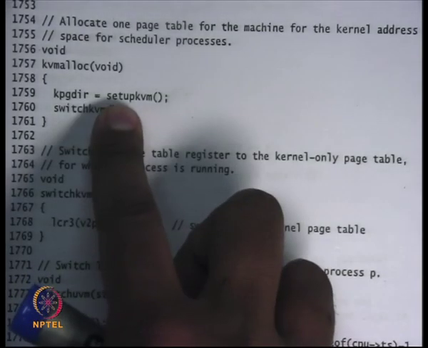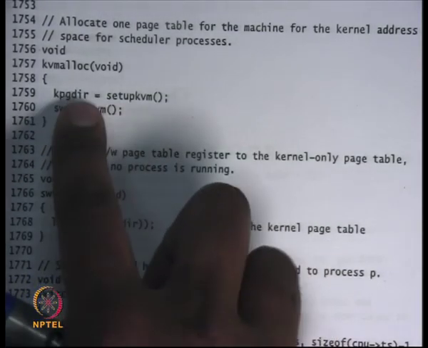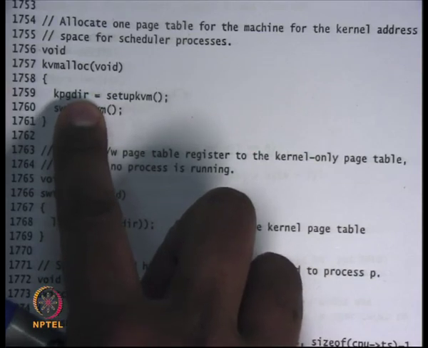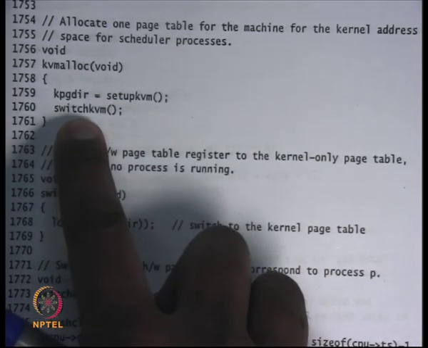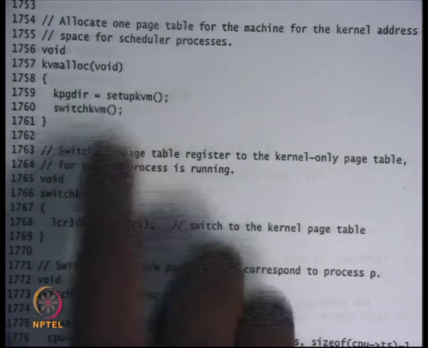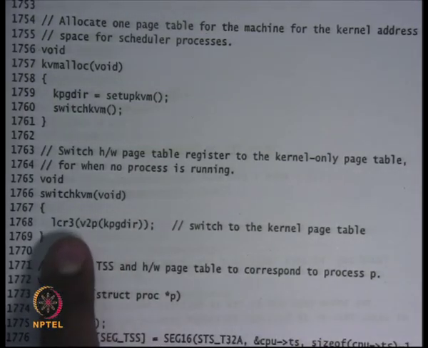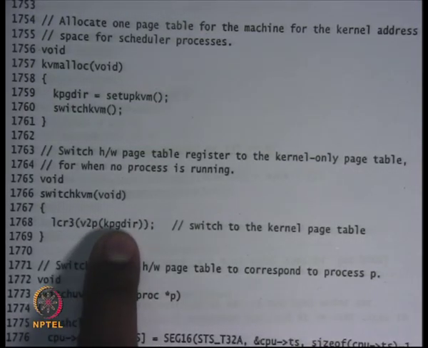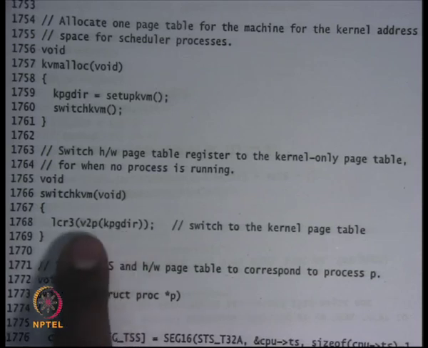So this function is going to allocate a page table and return a pointer to it. This pointer is going to be a virtual address, and then I am going to call switchkvm. So kpgdir happens to be a global variable, okay, and so you just set kpgdir to this, and switchkvm is just going to load CR3 with kpgdir, except that it is going to call V2P on kpgdir before it loads it into CR3.